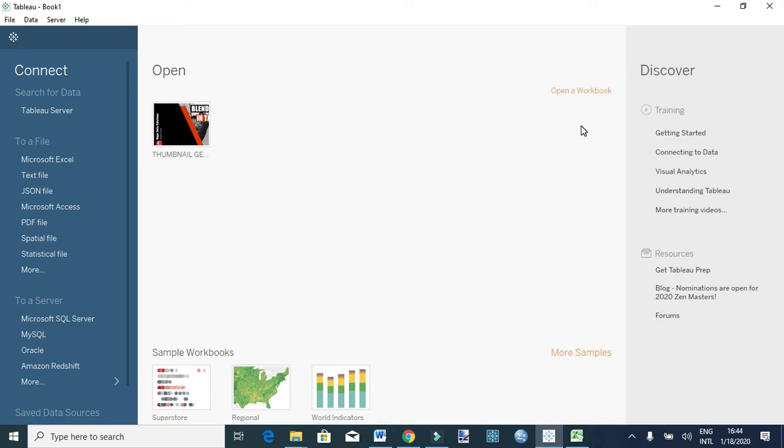Viewer, welcome to this session on Tableau, and today I want to show you how to union data in Tableau. Basically, union data is a way of combining two or more tables by simply appending the rows on top